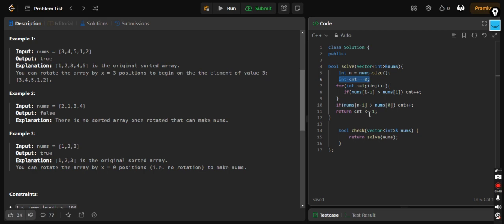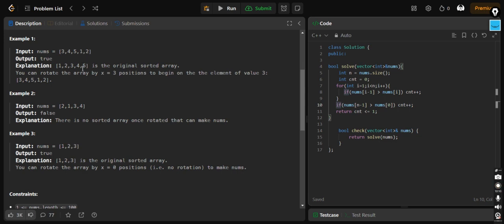We'll just make a count. I'll tell you what the use of count is now. So we'll do a loop, as I told you, from the first index, and we'll check the prior element. If the prior element is greater than the successor element, we'll increment our count. After all looping is done, we'll check if it is working fine or not.